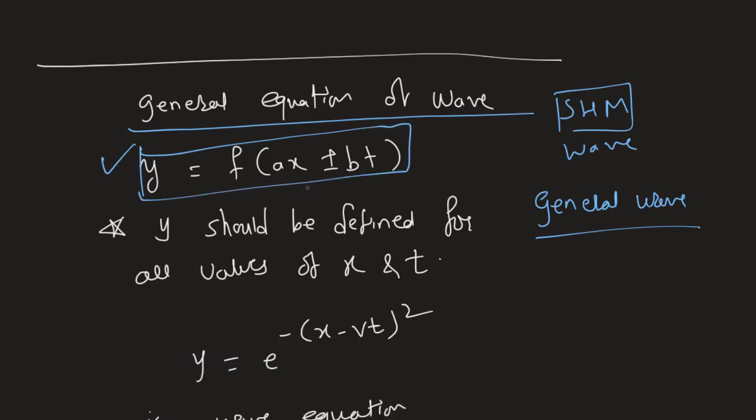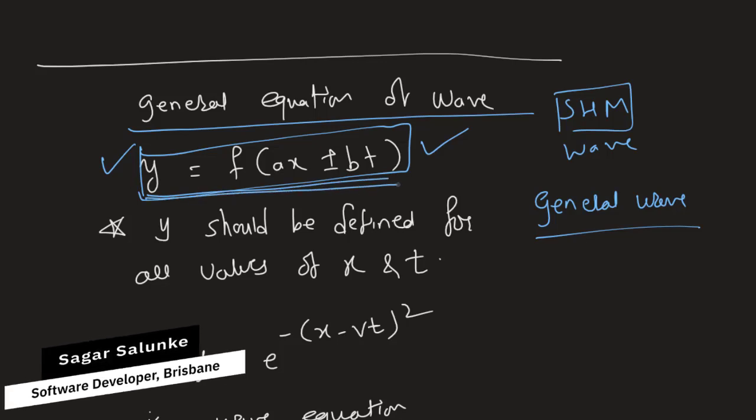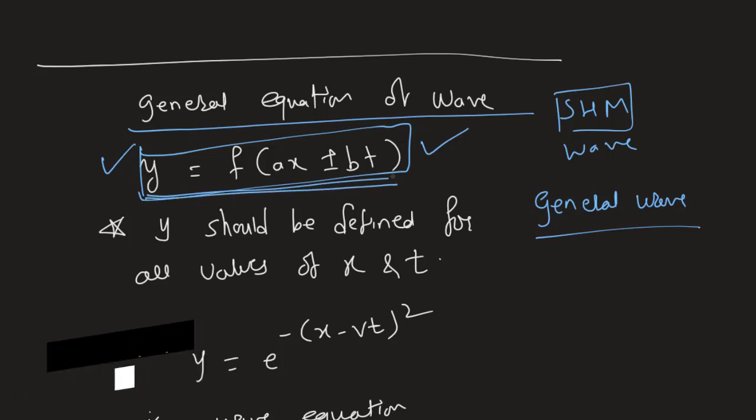y is equal to f of (ax ± bt). So if you see this kind of equation, then that will be a wave. But there has to be some condition that needs to be followed. So if you see an equation of this particular format, then you can say that it is an equation of wave. But one condition needs to be followed, that for all the values of x and t,